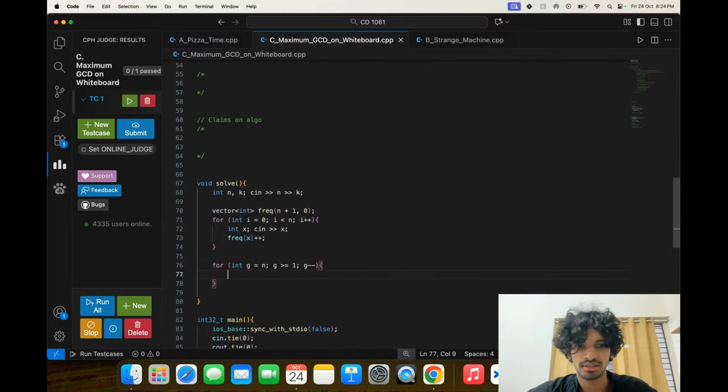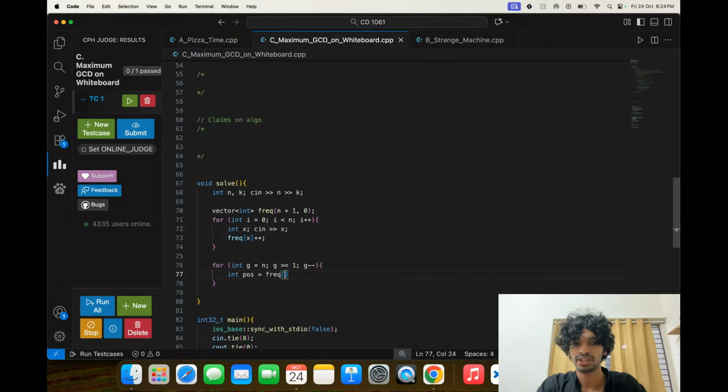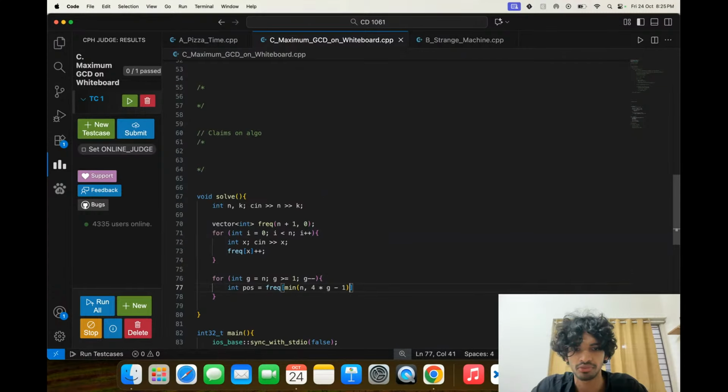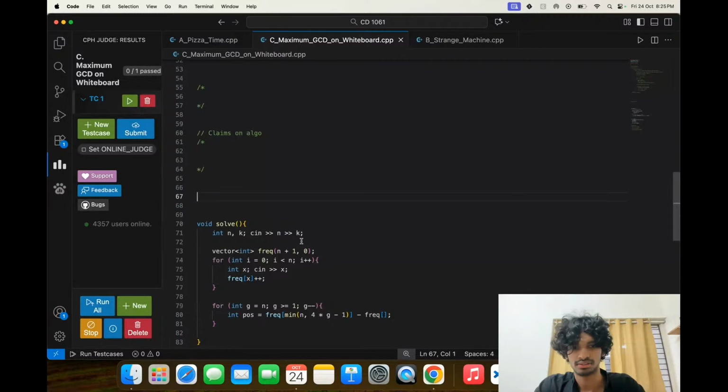Everything is a g multiple, right? Int pos equals frequency of min of n comma 3 times g, 4 times g minus 1, let's say. Okay, less than 4g. I want less than 4g. The number of values that are less than 4g minus frequency of,